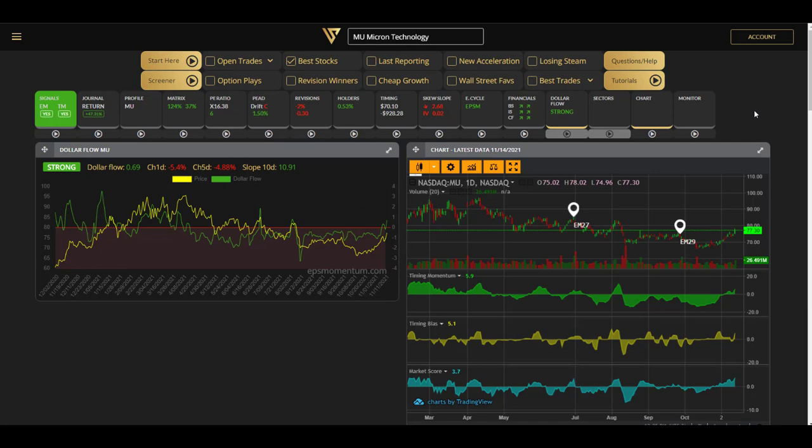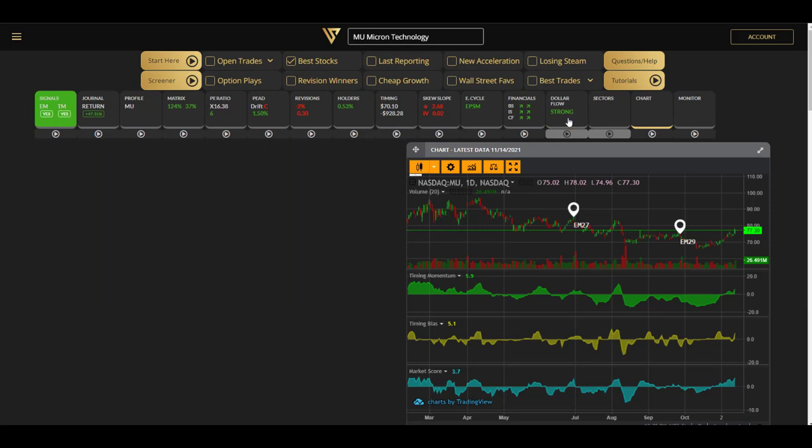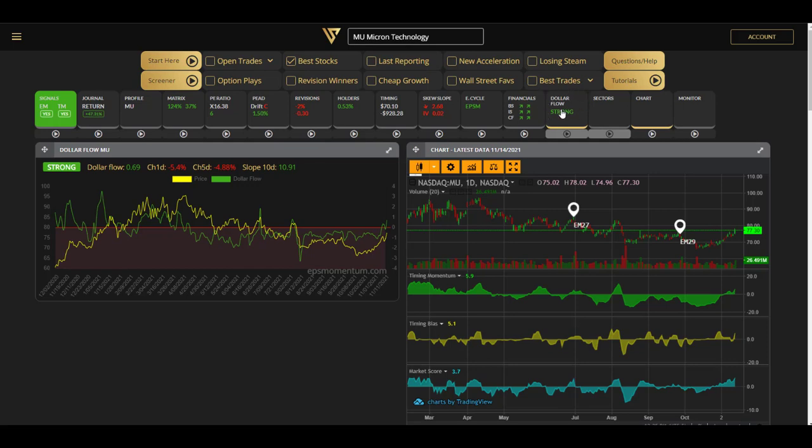Hello investors, so again, as mentioned, we are looking at the dollar flow today. The dollar flow is a brand new widget that you can find on EPSMomentum. You can just click on that little icon here, dollar flow. You have an immediate tag that shows you if it's a strong or weak dollar flow. In this case, we're looking at Micron. It's very strong. And we can see the dollar flow value, the change 5-day, 1 day, and the slope 10